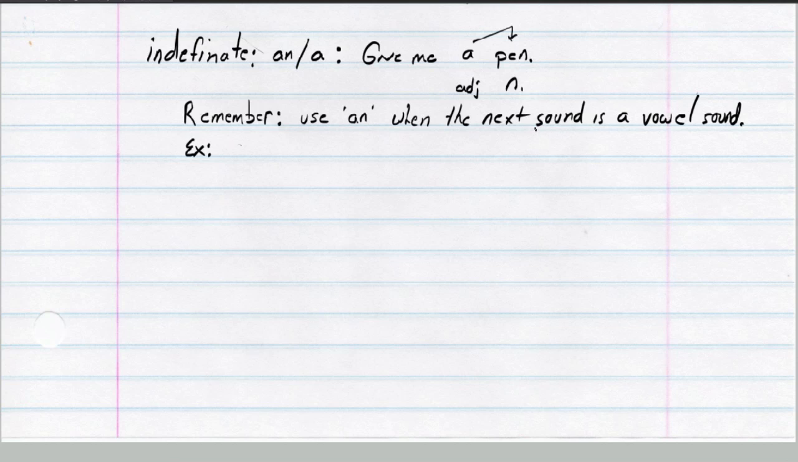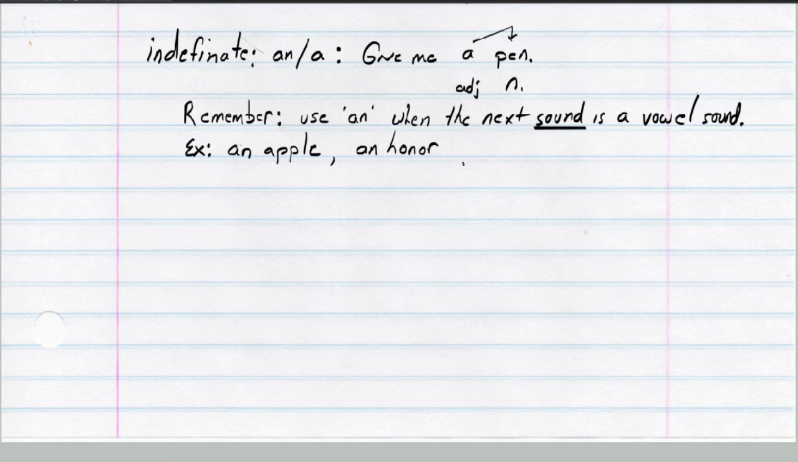Now, what I want you to do too is go under and underline the word sound. A lot of students get confused. They think the next letter needs to be a vowel, but that's not always the case. It's the sound that matters. So let's use some examples here to better understand this concept. For example, I would say an apple. Hand me an apple. I would say it's an honor